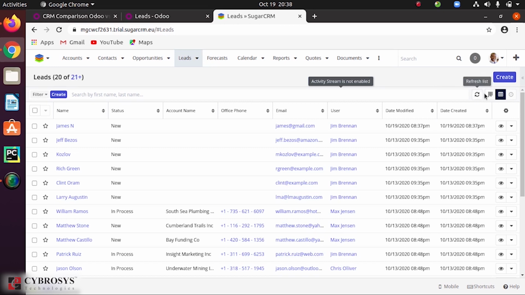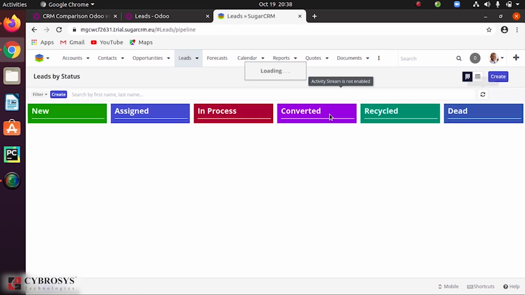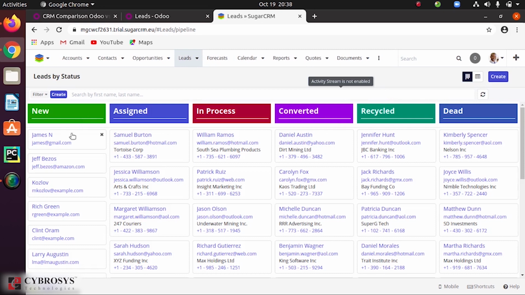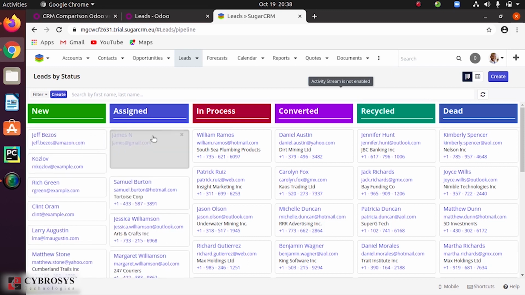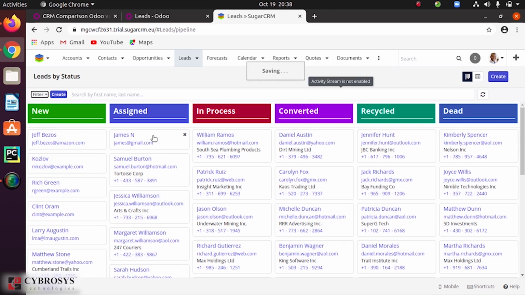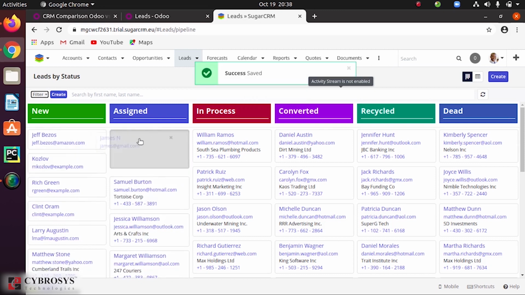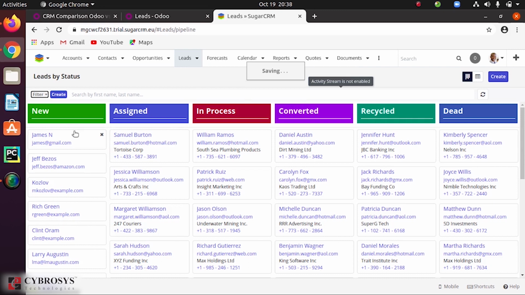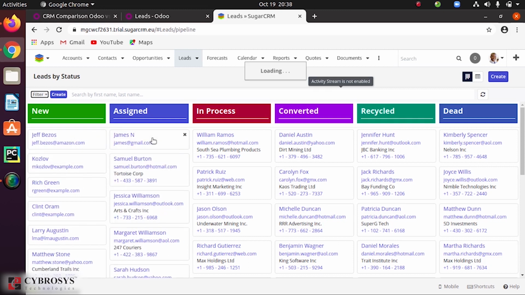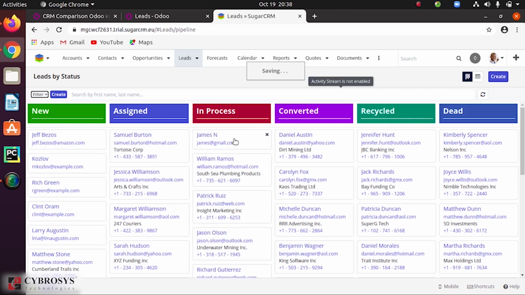And suppose here you can see in the tile view you have this option, and basically what you can do is that in order to move to the next state, you can just drag and drop from here itself. So you have this option in Sugar CRM. So when you open this, you can move this to different stages itself. Automatically when you move this, it shows that it is successfully saved.